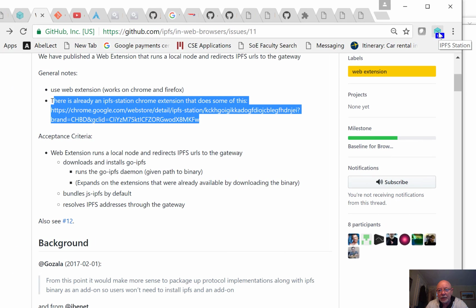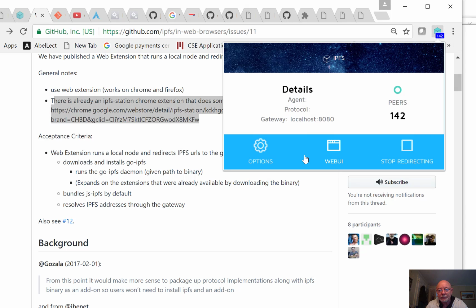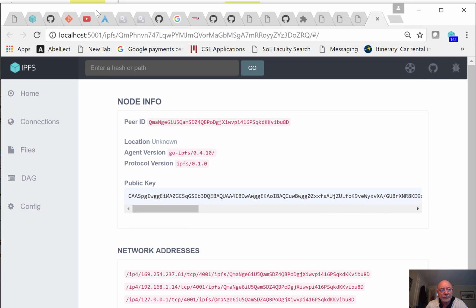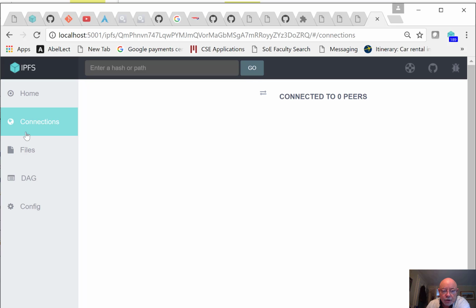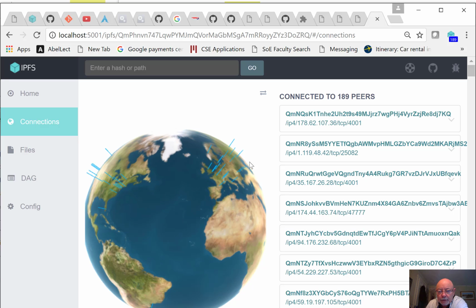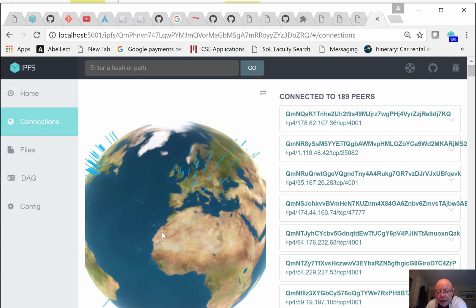Can you see this here in my browser? IPFS station. If I click on this, it says I've got various things I can do, but bring up a web UI. And now this allows me to connect to the daemon that I'm running, so the IPFS daemon. If I go to connections now, you'll see I'm connected to no peers, but now it's beginning to search the world